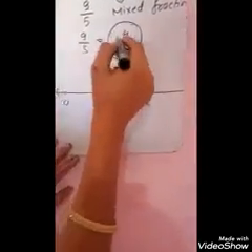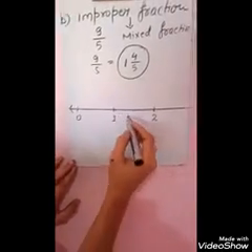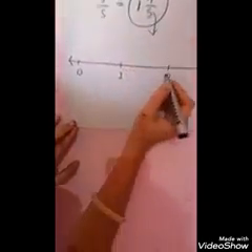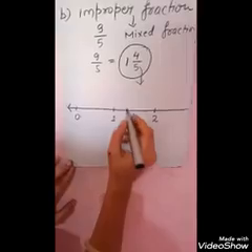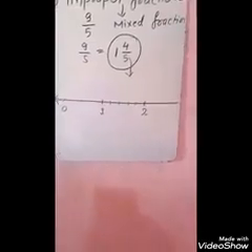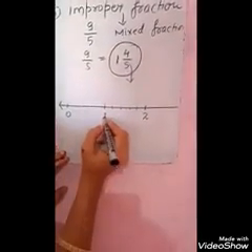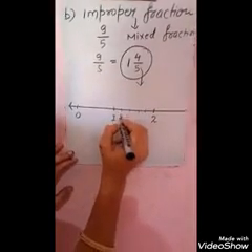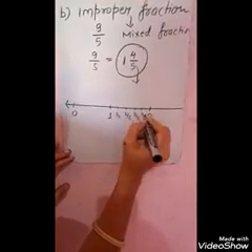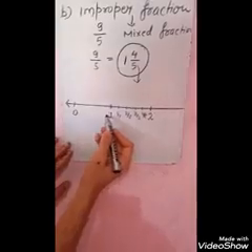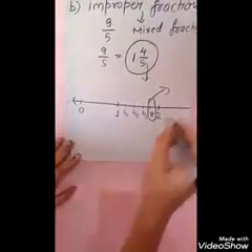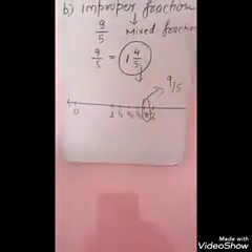Now forget about 1. We have 4 by 5 which we have to plot between 1 and 2, right? So we have denominator 5, so again we will divide this place into 5 equal parts. For that we will draw 4 lines. Now this is divided into 5 equal parts, and now start giving names from the left side: 1 by 5, 2 by 5, 3 by 5, 4 by 5. So 1 whole 4 by 5 is your representation of 9 by 5 on the number line.